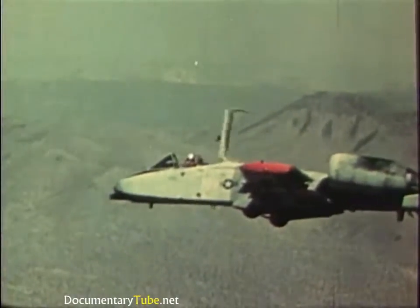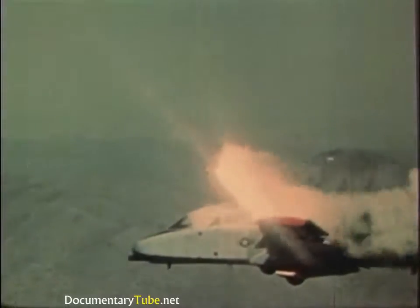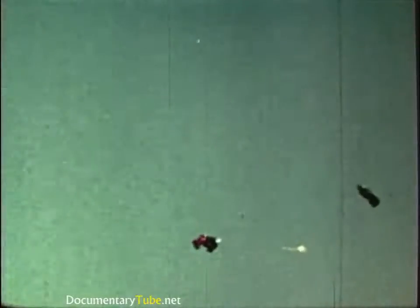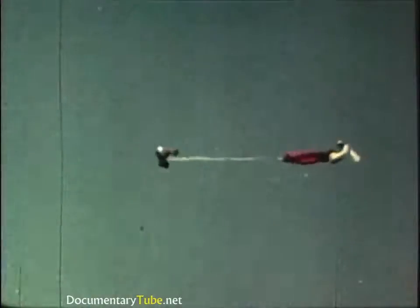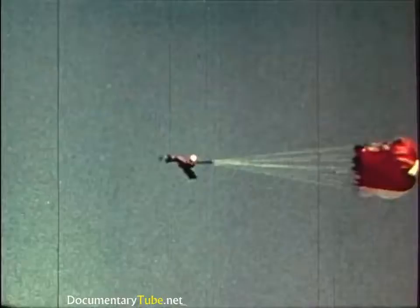I've always thought that it's sometimes difficult, sometimes easy to make an ejection decision. The easy ones are when your wing gets shot off, or your engine blows up, or your flight controls lock up. That's pretty self-evident that it's time to leave the aircraft. There's other times when the pilot hopes he can salvage the situation, or he hopes things are going to get a little bit better. But by waiting that extra moment, it's certainly possible that you're going to put yourself out